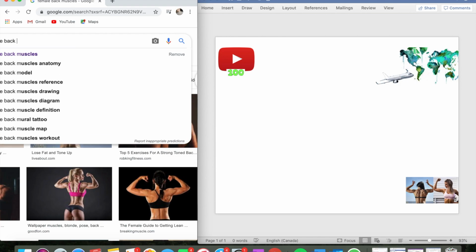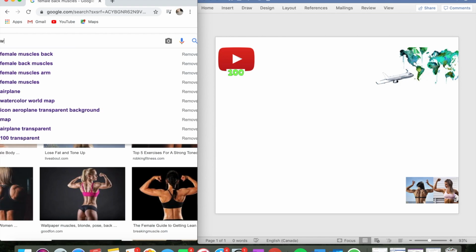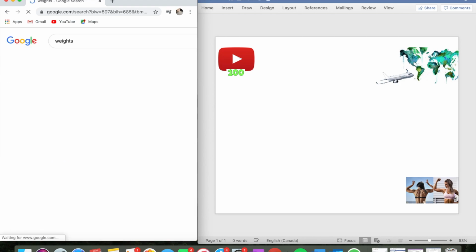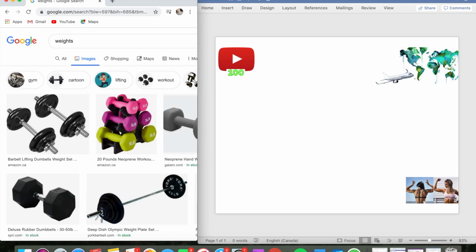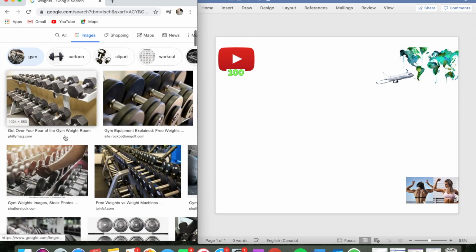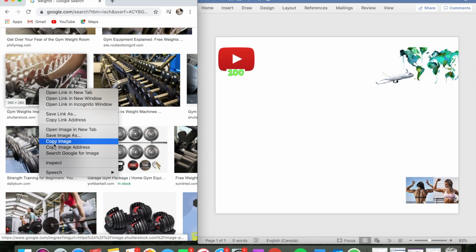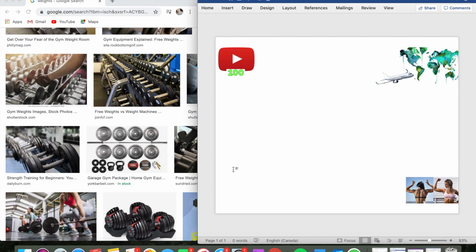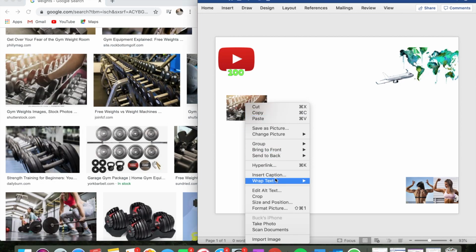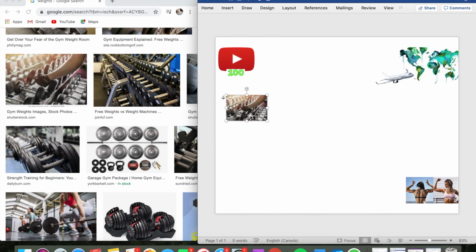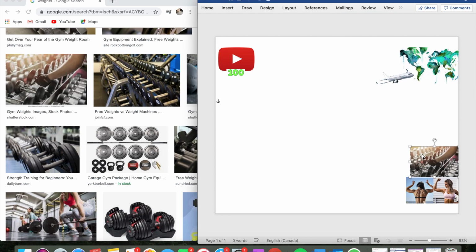My next one is to become a personal trainer. I plan on getting the certification for the personal trainer this upcoming year in the next couple months, and so I thought I would find a set of weights inside of a gym to represent becoming a personal trainer. And as I mentioned earlier, whenever we were getting the YouTube symbol, I want to grow my business,